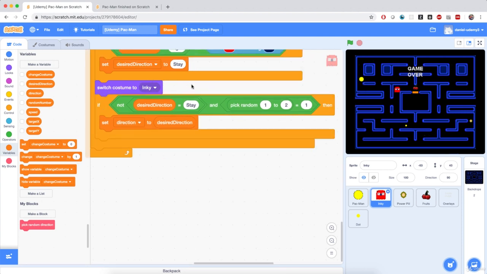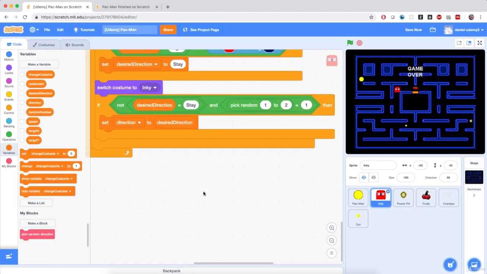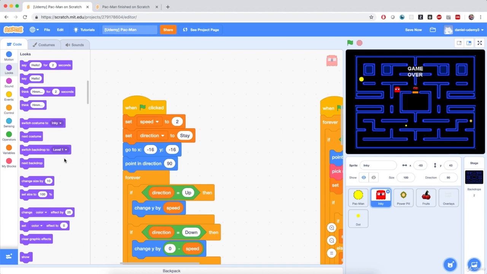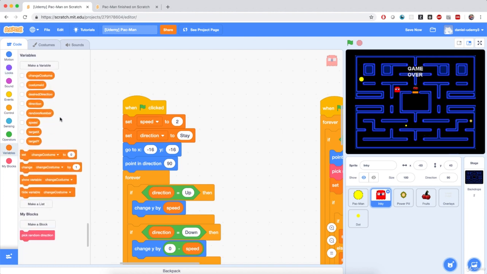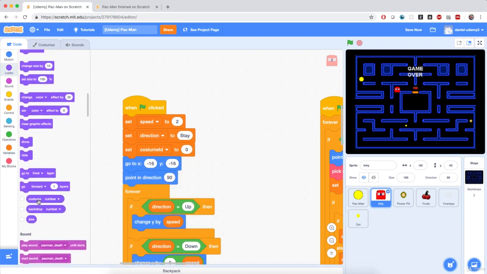And speaking of the costume switch, because we're going to have multiple ghosts on the screen, each ghost should know its original costume. So I'm going to create a small variable for this sprite only, and I'm going to name this costume ID. And at the beginning, I'm going to go to looks, and set the costume ID to be, from looks, the costume number. So the original costume number that this sprite was generated with, I'm going to set its costume ID to be its costume number,